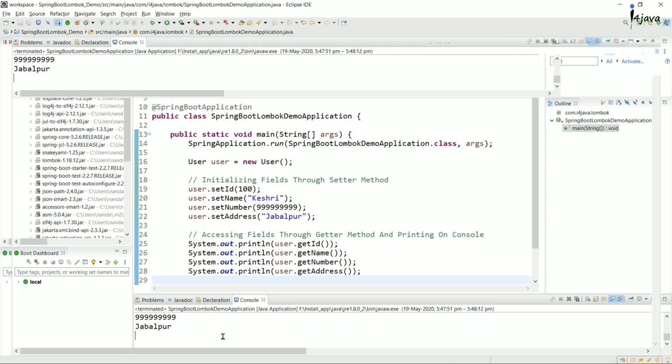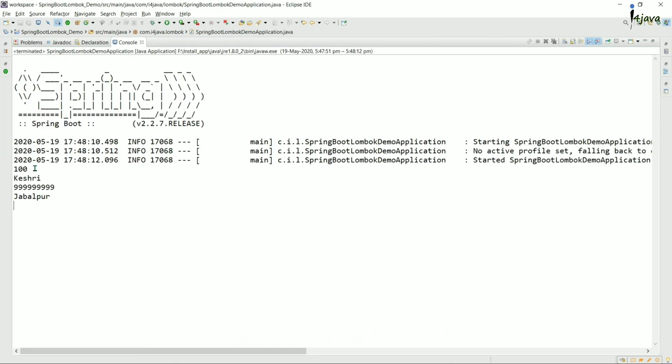So in the console, you can clearly see we are able to retrieve these values.